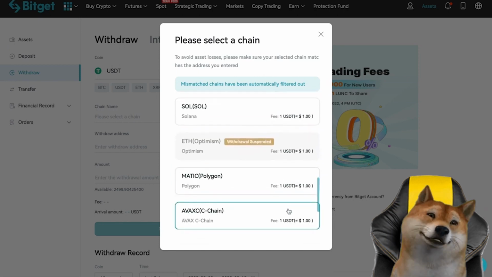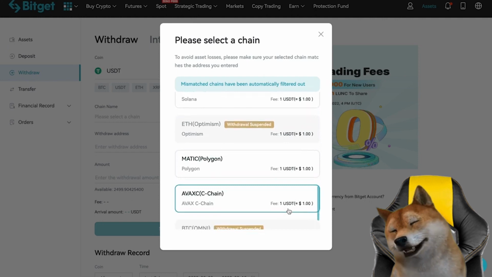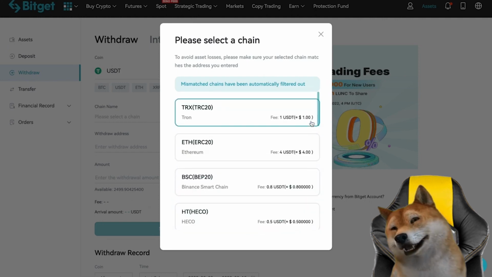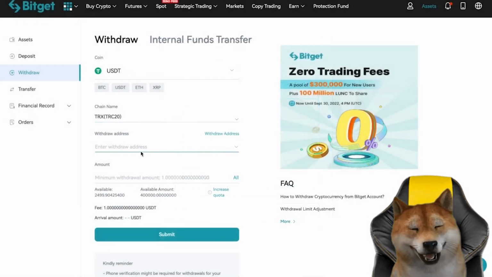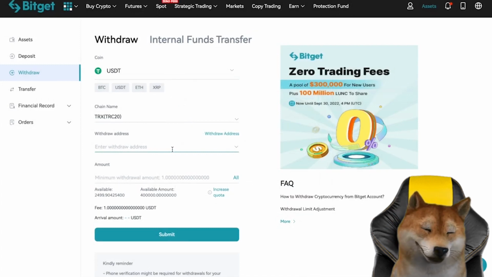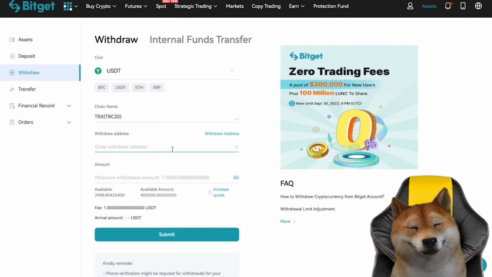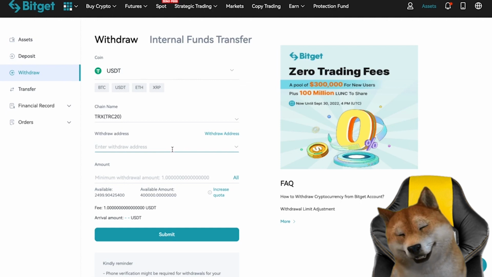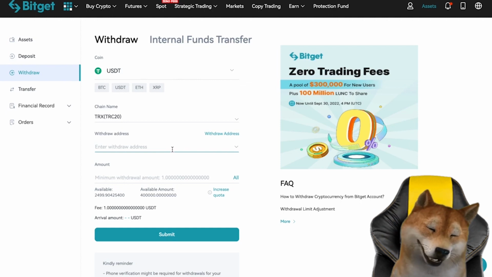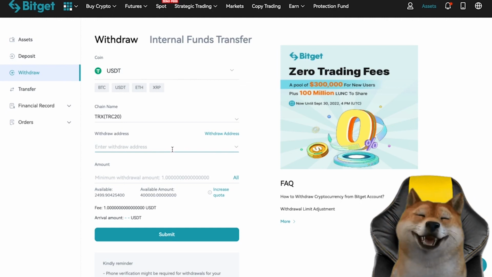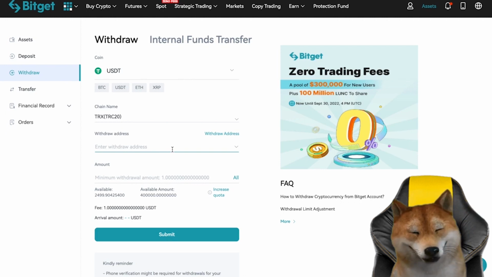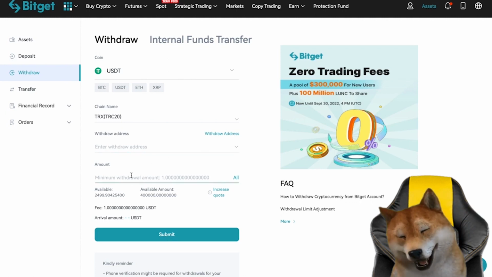You'll then need to paste in the address of where you are sending your crypto to. And this might be your receive address from a wallet or the likes of a deposit address from another crypto platform. And always make sure that the address you enter is exact and correct, as any withdrawals that you make are non-retractable. Then enter the amount that you'd like to withdraw, and any minimum withdrawal amounts will appear, as well